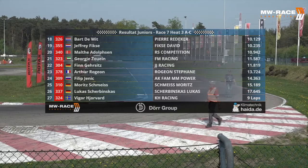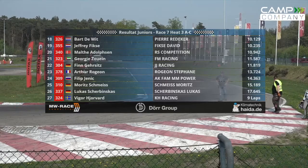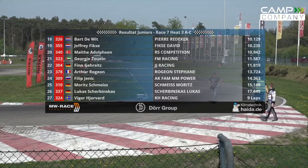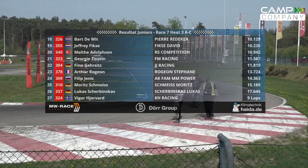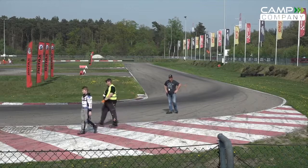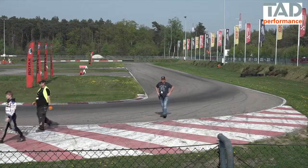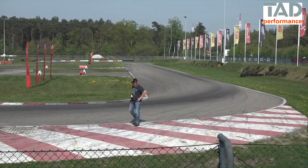Andreas Skulj Kersani, who had, I think, probably pretty much a race to forget there, because one kart clattered into the back of him and nearly went over the top. He dropped down to 15th at the end of it all. Rudenberg, who got a 5-second penalty during the race, would end up 15th, ahead of Mansell, De Wit, Bix, Adolfsen, Zuen,